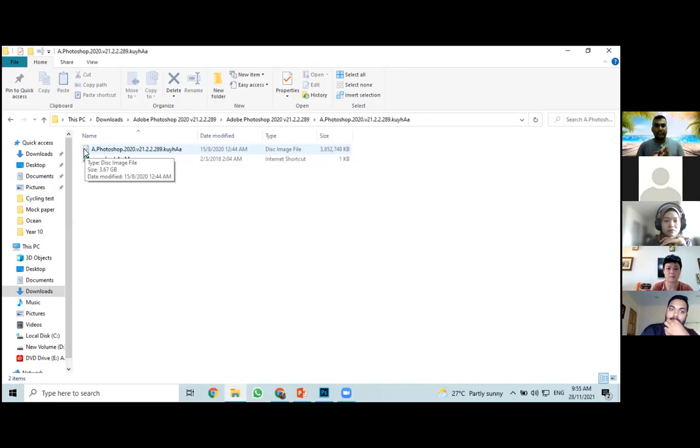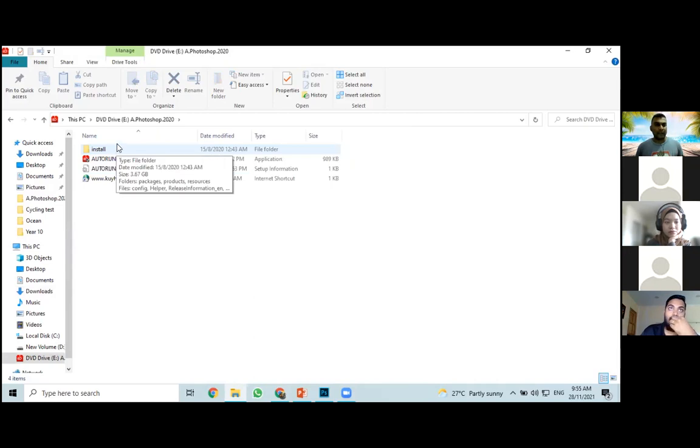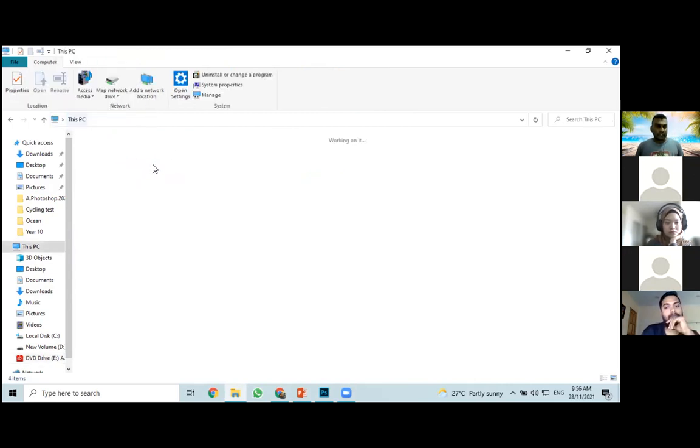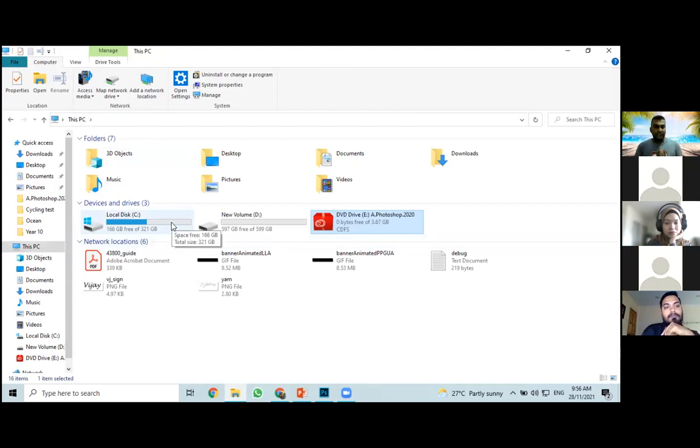Once you already downloaded, is it like this image, or is it showing something like a folder? We need to click into the folder to get this. For me, I'll just double click, and then it will come to the auto run. I can just start with auto run and continue with the installation. If you are not able to see the folder, or maybe a disk, you have to, again,